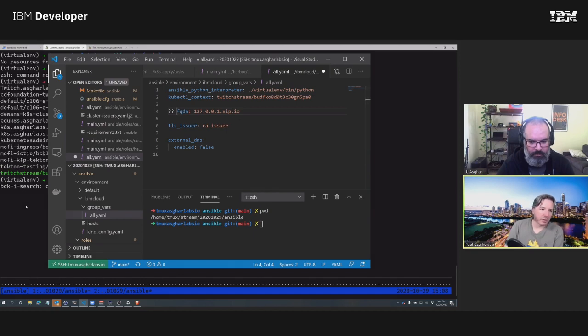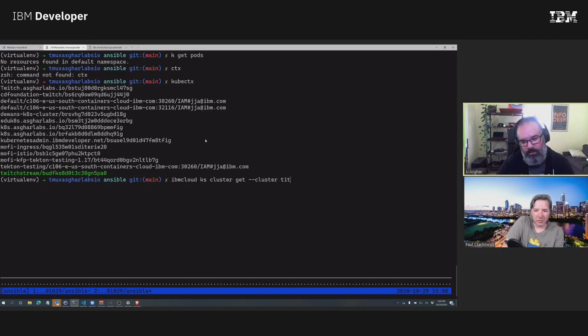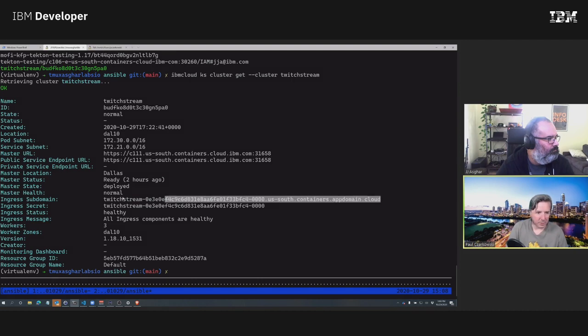But let's grab your ingress host. You know how you've got that, you've already got a certificate? Yep. There you go. So that's it there, right? Yep.